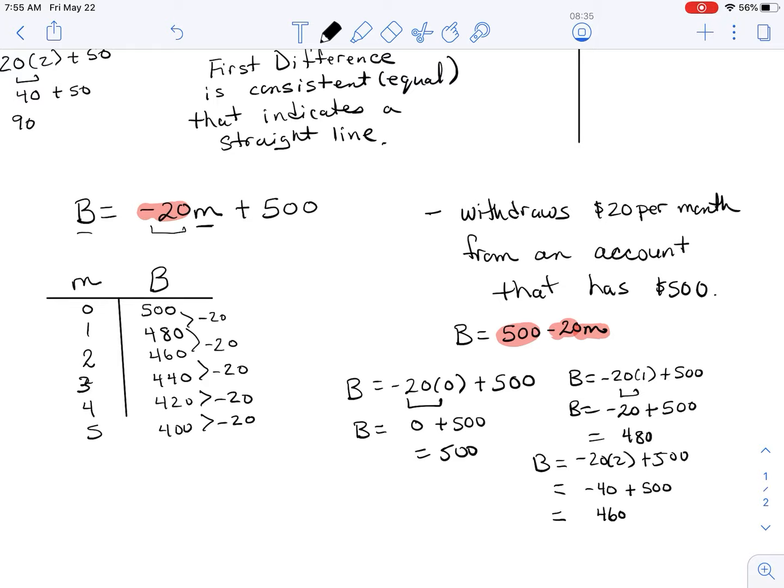So again, the first differences here are all consistent. They're all minus 20. So that's going to guarantee that I have a line. In the next video, we're going to look at graphing them. The one that has a negative first difference is going to be a line going down, or negative. And the one that has a positive first difference is going to go up. All right, so next